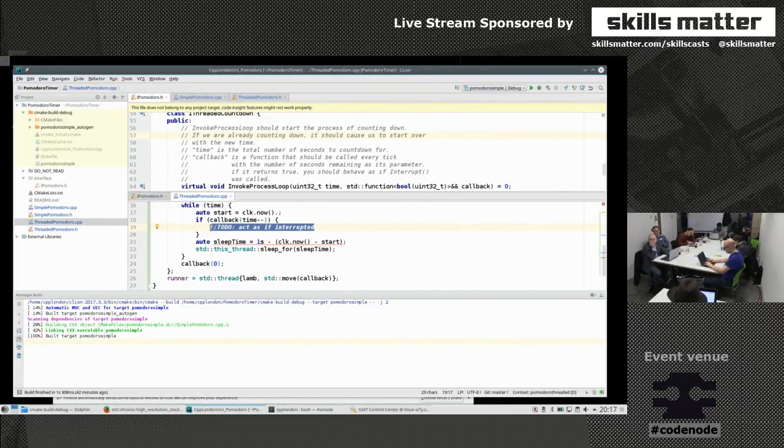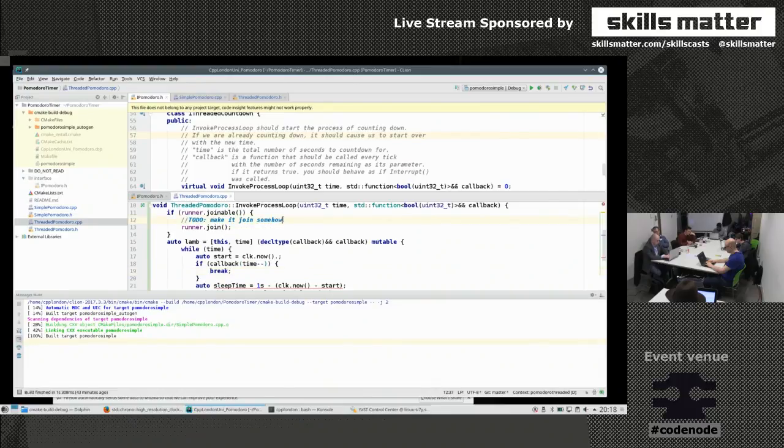Okay. So I need to first of all figure out if I'm interrupted. What's the easiest way to do that? Well, I suppose I could just break. So if this returns true, it says here we have to act as if we were interrupted, so we should just say break. Cool. Okay. I think that should work fine. And was there another to do? Yeah, okay, so now we have to figure out how to actually join this up correctly. So we know we're interrupting it, and we know that there's this time field that can impact it. But we're capturing a copy, so I don't really have a way to influence it now. So I know a really easy way of causing it to stop. If this is 0, it's going to stop. Maybe I can introduce an alternative option though. What if I